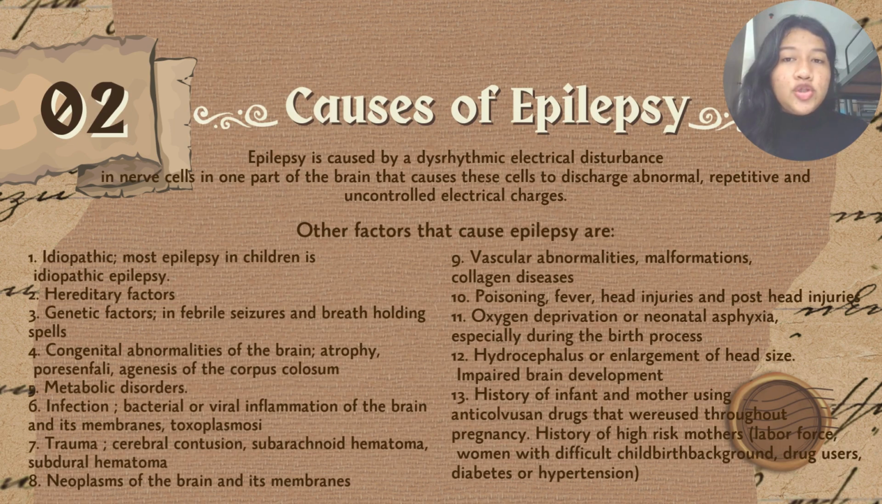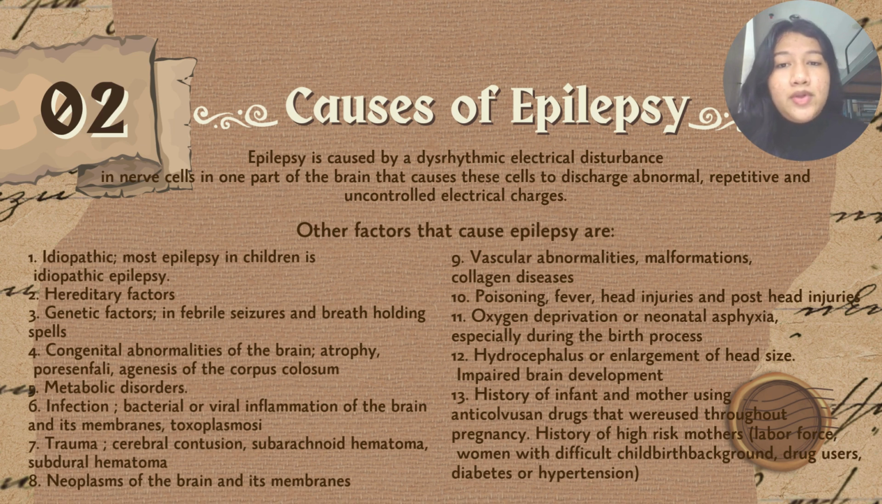Two, causes of epilepsy. Epilepsy is caused by a dysrhythmic electrical disturbance in nerve cells in one part of the brain that causes these cells to discharge abnormal, repetitive, and uncontrolled electrical charges. Other factors that cause epilepsy are: